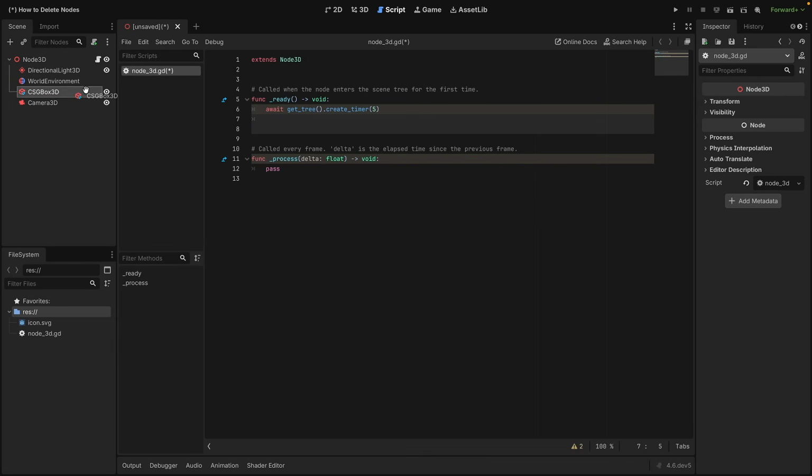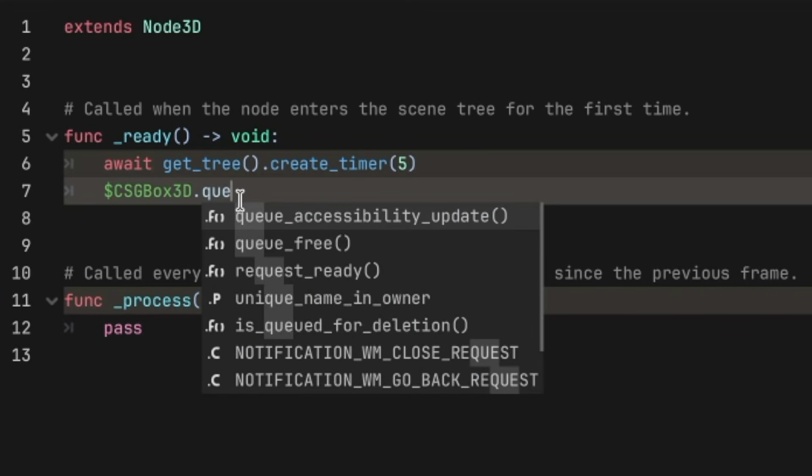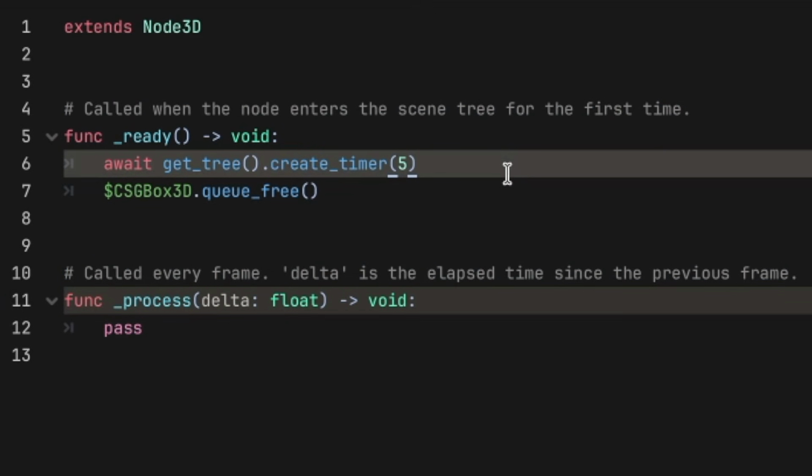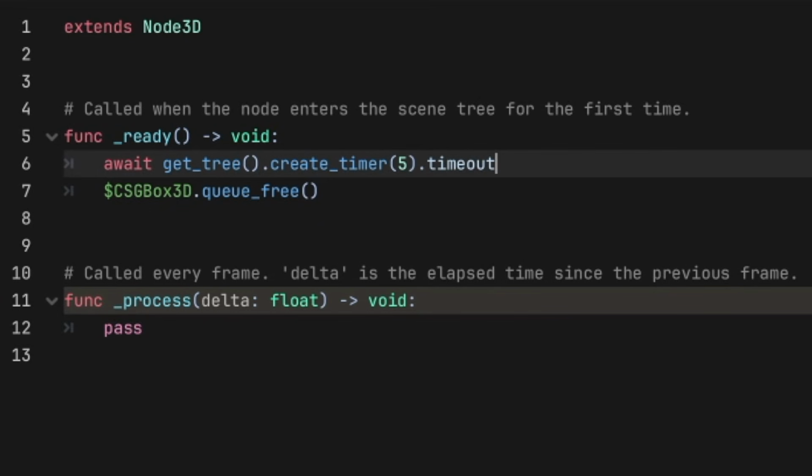So I'm gonna drag the cube into the script, or the box in this case. And then I'm gonna do .queue_free, and we have queue_free here. I'm gonna press enter. And I did miss a small thing here. After we create the timer, we need to wait for the timeout of the timer. So it will start the timer, and the part we want to look for is the timeout when this time